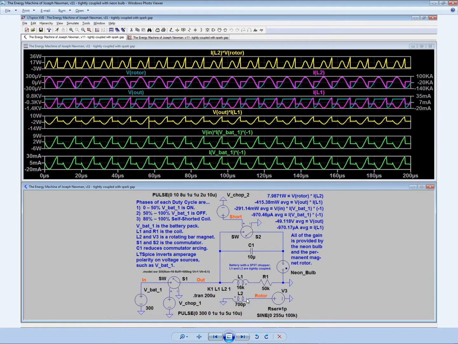What else? So again, for emphasis, if anybody tells you you cannot get energy from a magnet, just tell them, okay, but let's move the magnet, and thus, according to Michael Faraday's law of induction, we have now created an induced current in any kind of piece of wire that's nearby inside that magnetic field. It could be a coiled piece of wire, such as the coil in Newman's device, L1 here. But a rotating magnetic field is the same thing, or similar, let's put it that way. It's similar